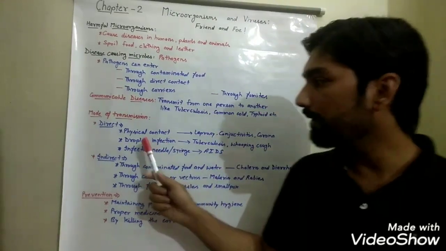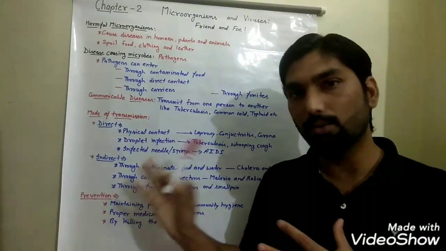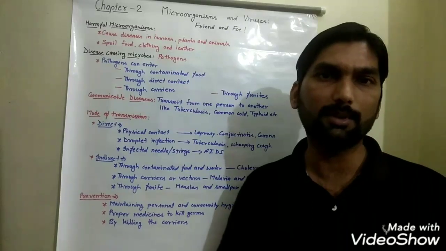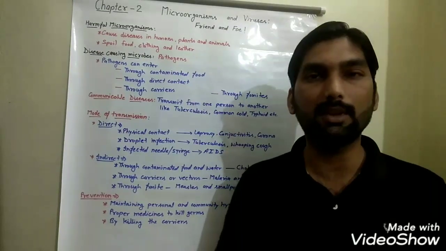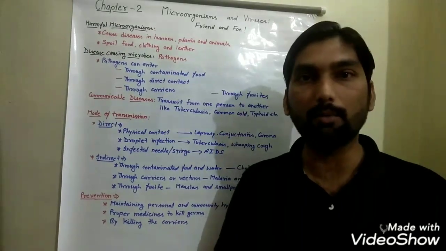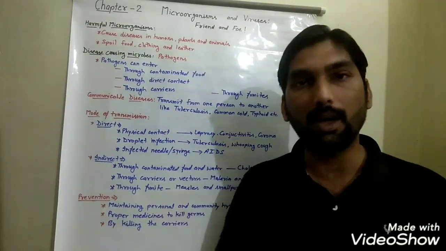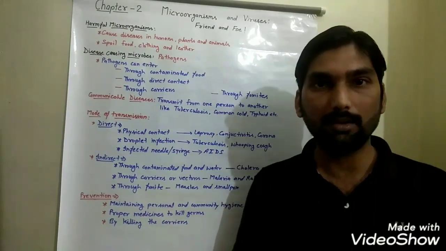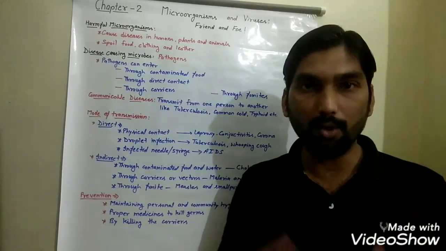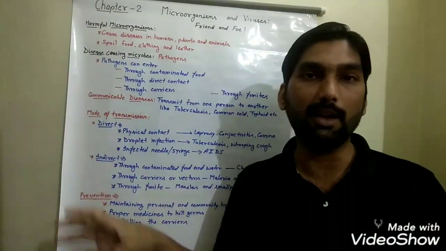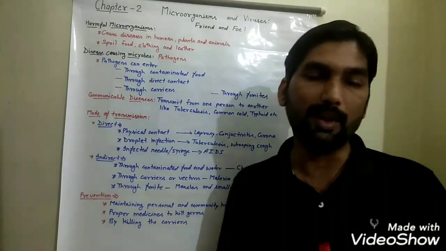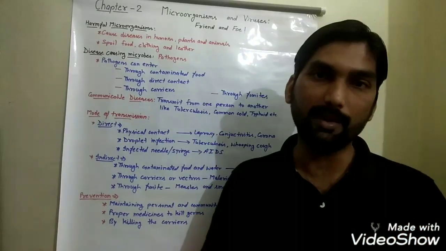The next method is droplet infection. Again, the corona will come in this method also. Droplets: you have perhaps seen advertisements on television for Dettol and similar antiseptic hand washes available in the market. During a classroom, when any student sneezes or coughs, the droplets roam through the air and infect other students also, especially those who have a weak immune system.